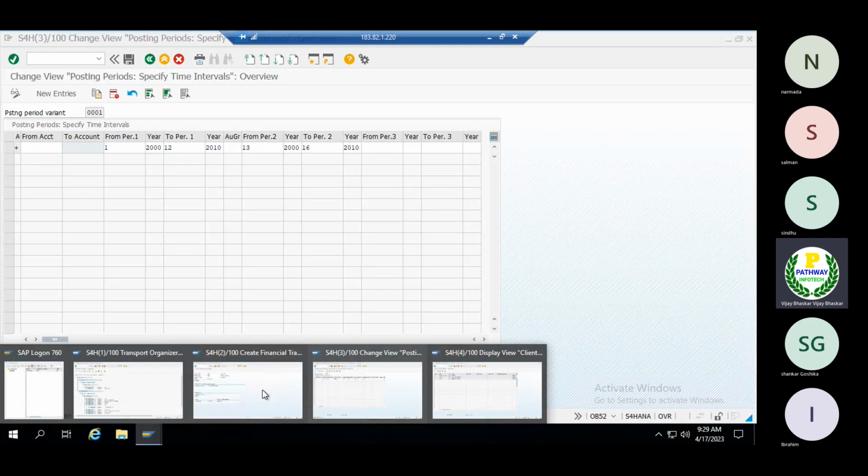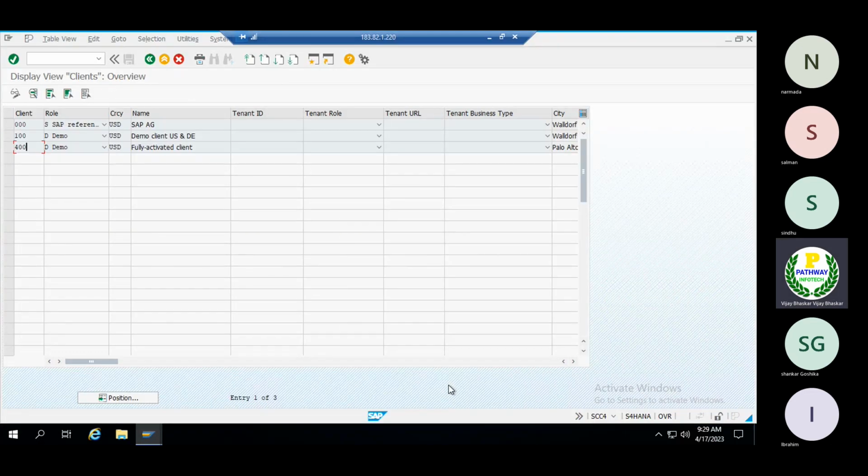Now if you can see here, this is completely the development server. Let us assume this is the practice system. In this system, we have three clients. One is my golden client, another one is a sandbox. You need to know about the sandbox also.